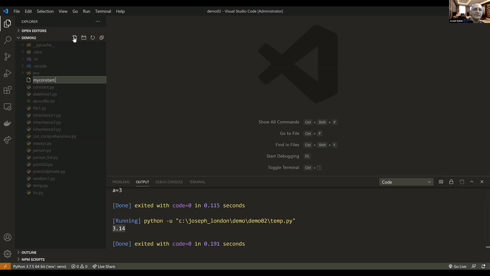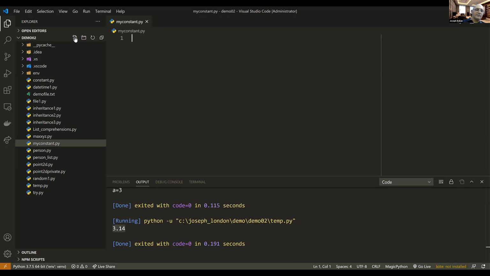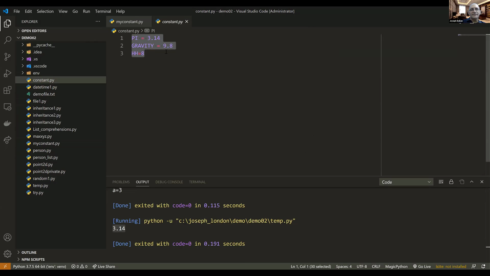And it is very important to end it with .py so that Visual Studio recognizes it as a Python file. So this is the constant.py. I write here with a capital letter the variable and assign it a value. And this is all the constants. I leave them here in my constant Python file. Now I go